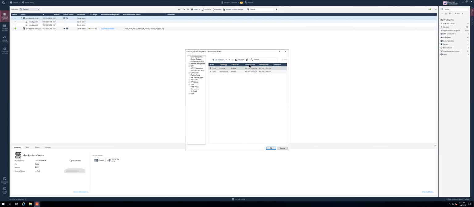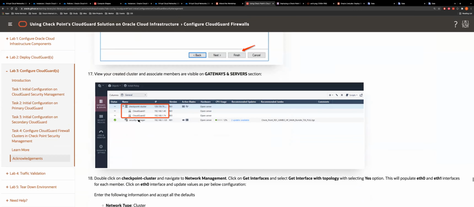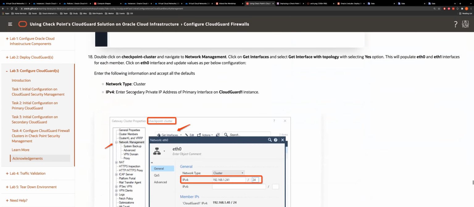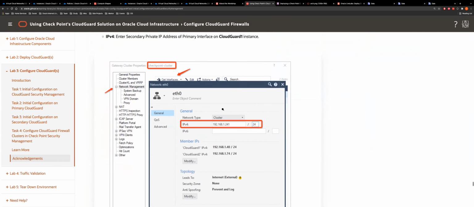So you see this CloudGuard 1 and CloudGuard 2, they are the front end and back end IP. And we're going to assign the virtual IP. This virtual IP will be the floating IP. So click on eth0. So if you follow it here, we just selected it, double clicked on it in the eth0,